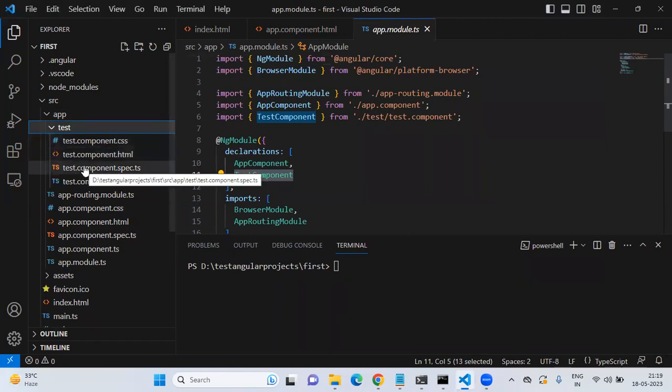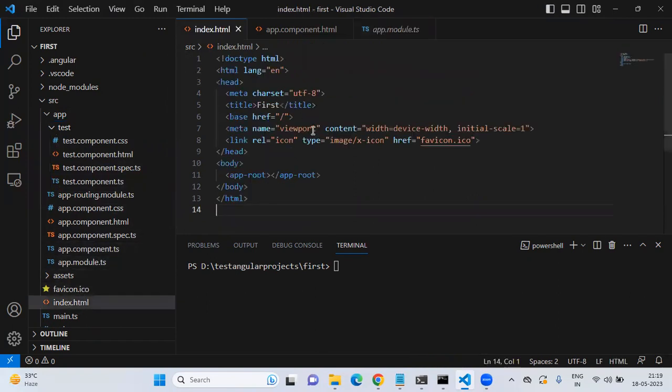But from where is it being called? The question is from where it is calling your app, like say in index.html, which line is calling it? App root, where this line is. So see, as I told you, we'll have these files. So let me open this file,